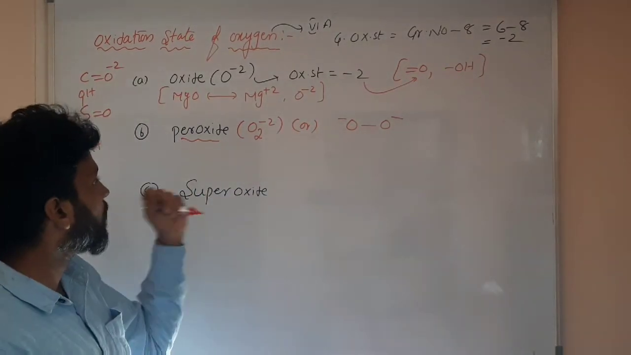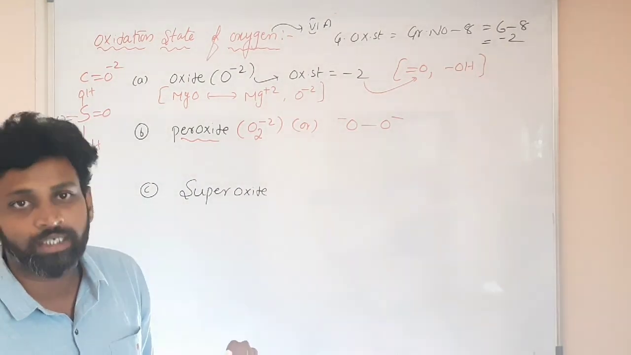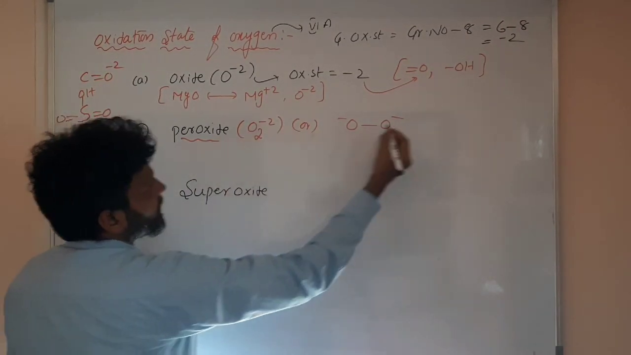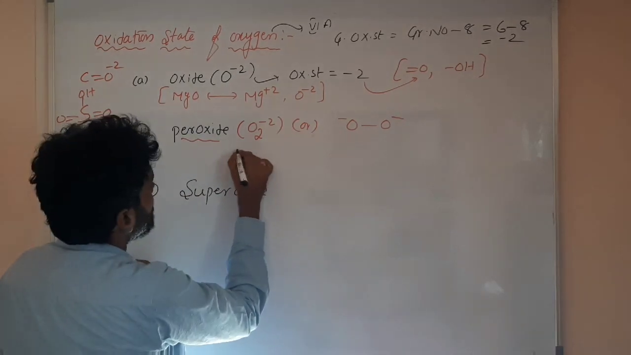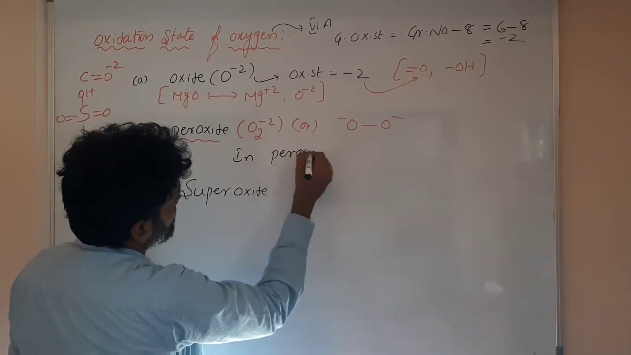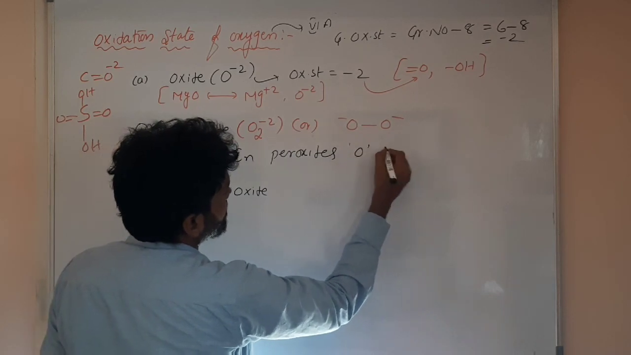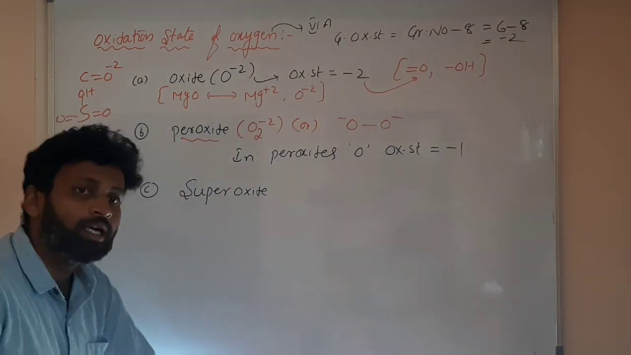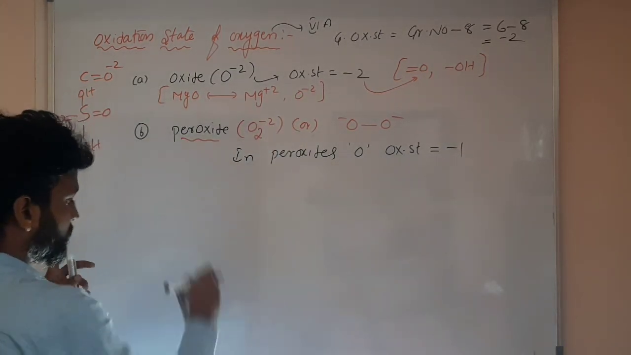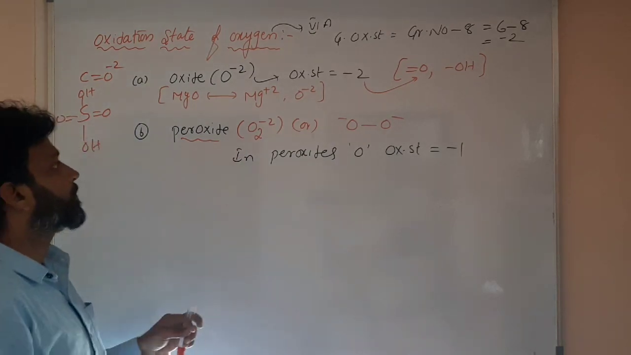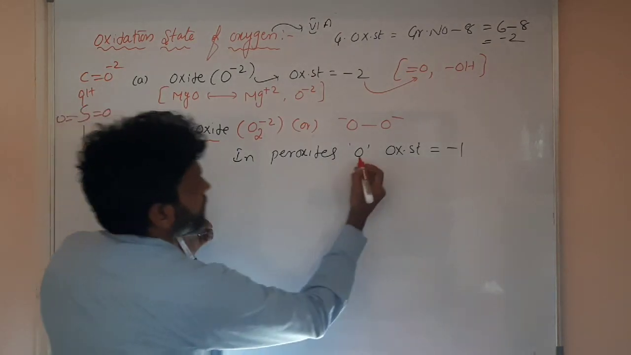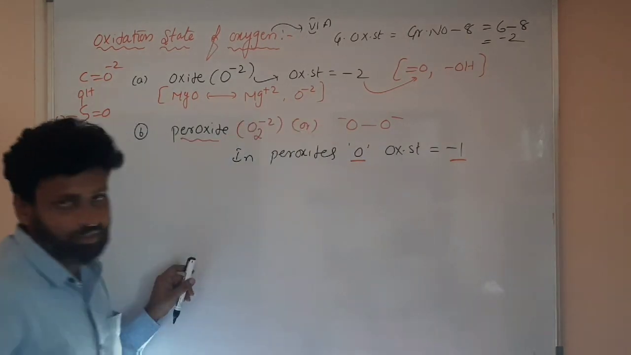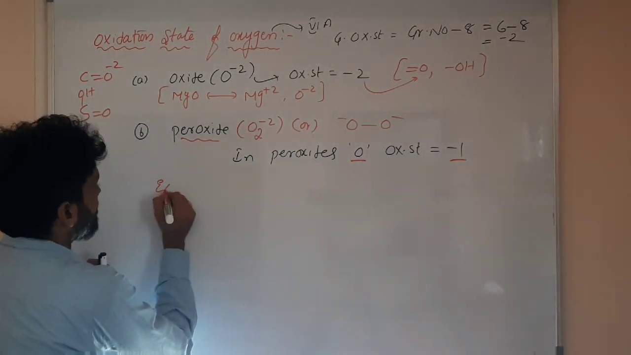So in peroxides, oxygen oxidation state is what? -1 here. So each oxygen is -1, or not? So what you can say is, in peroxides, oxygen oxidation state will be -1. Superoxides we will discuss later. First we will finish this peroxide oxidation state. So here in peroxides, oxygen oxidation state is -1. This is very, very important. So some examples, if you want,